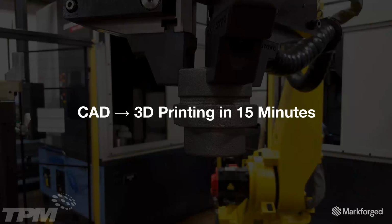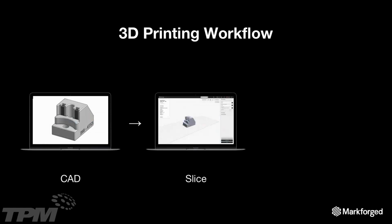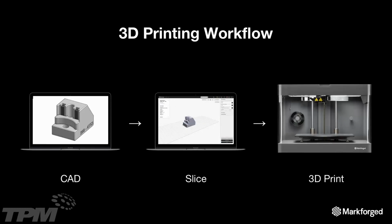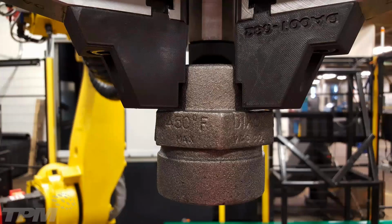So how do we go from CAD to 3D printing in 15 minutes? This is the typical 3D printing workflow. Right, we go from CAD in SOLIDWORKS to slicing in our Eiger software to 3D printing on our 3D printers. And it's very simple. We'll take this part, for example. This is an end effector or a gripper for one of our customers, Dixon Valves. It carries this very heavy